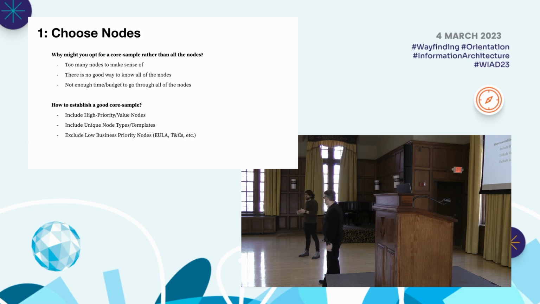Alternatively, if you want to do most of them, but there's just some things that are less valuable, the end user license agreement, no one is coming to your website to read that. You do that because you have to. We don't need to look at that. Terms and conditions, similar. What are some of the low priority things that don't need to be included? We can just exclude those for the sake of this audit to minimize the set of things that we're considering.